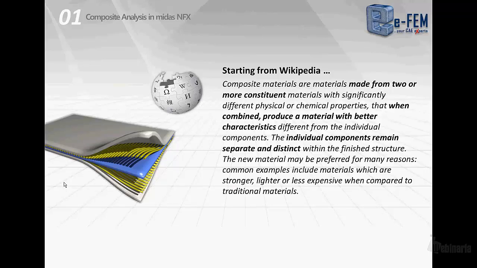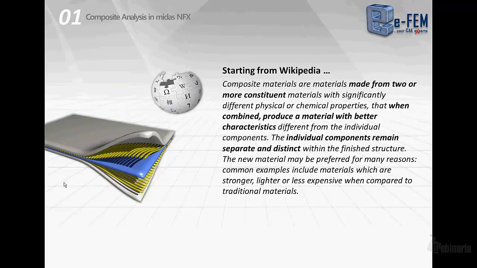Thank you, Cyprian, for the introduction. I will start with the definition of a composite material. I haven't been able to find a better definition than the one on Wikipedia, and so I give it to you. What is a composite material? A composite material is a new material made from two or more constituent materials that are significantly different from one another,